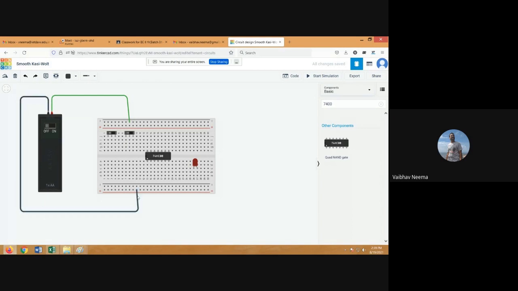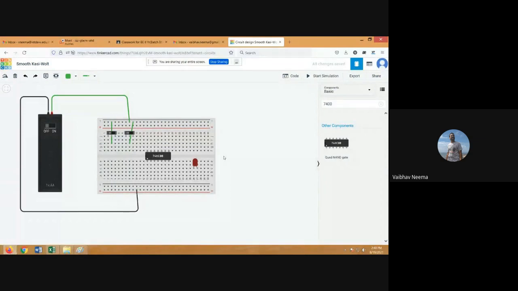Now this works as switch A and this works as switch B. To work as switch A and switch B, we require to connect the middle point of each switch to the power supply. Sorry, it's a black color; it should be a green color. So we select the green color. The middle leg of this switch should be connected with the power supply, and again this one also. So for the two switches, we connect this.